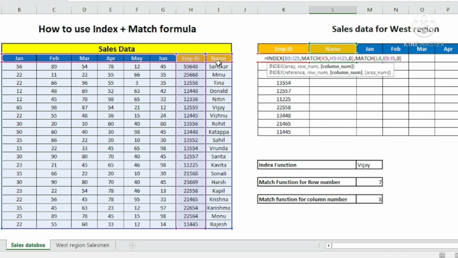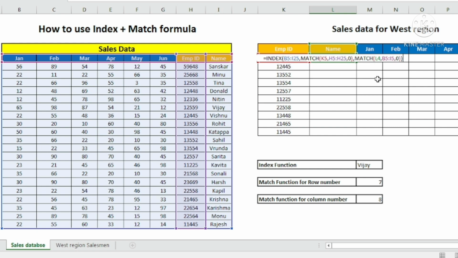Okay, so for this match function, I have given the lookup value as name and the lookup array as this particular row, and then comma, and then lastly it is asking for an area number, which we can either give or not give. So it is not required over here. So I'll complete the index function now.